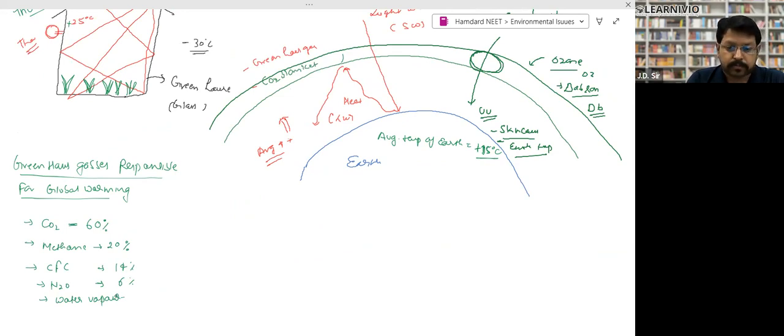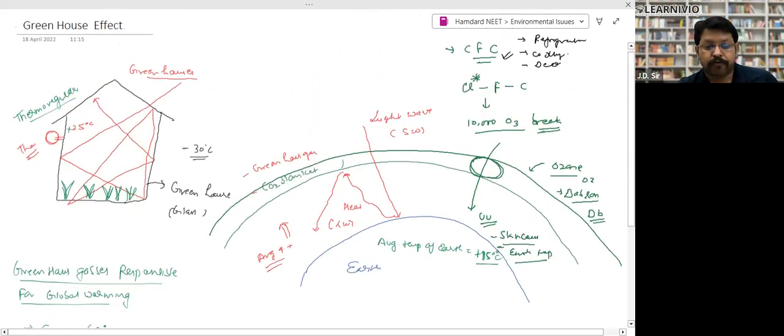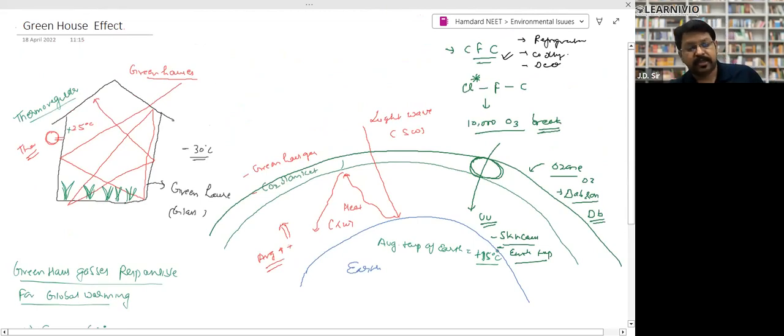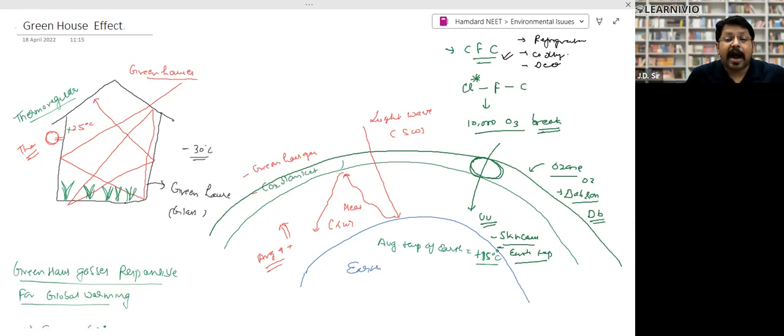Okay. Now, what is ozone depletion? First thing, carbon dioxide pollution is increasing. Along with that, there are some gases which cause ozone depletion, and that is adding to global warming. It is increasing global warming more. So what is happening? Look,